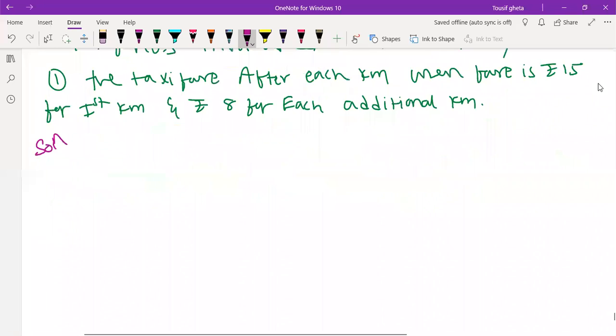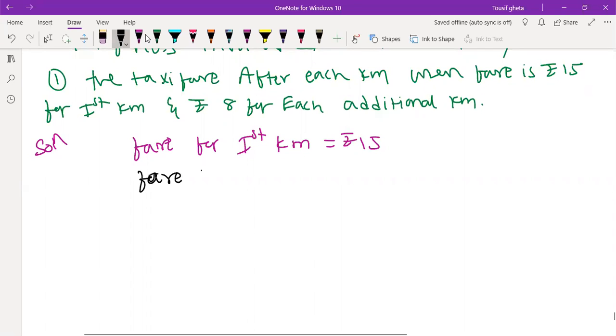So they give the taxi fare after each kilometer. When the fare is rupees 15 for first kilometer. So fare for first kilometer is equal to, they will collect rupees 15. Whatever you travel, first kilometer they will collect 15 rupees. Then fare for 2 kilometer. So if you travel 2